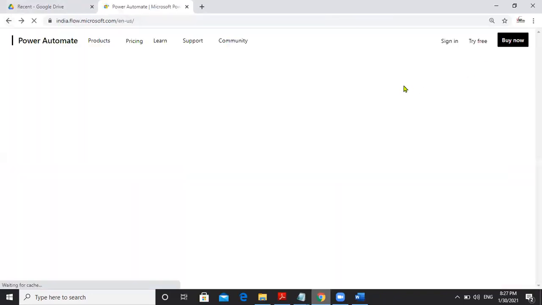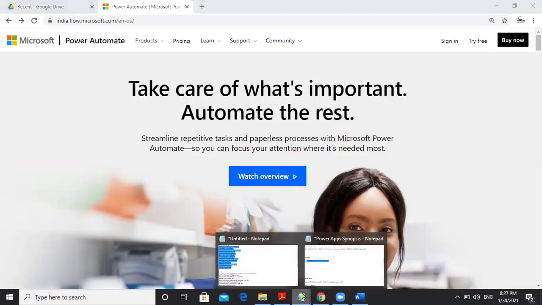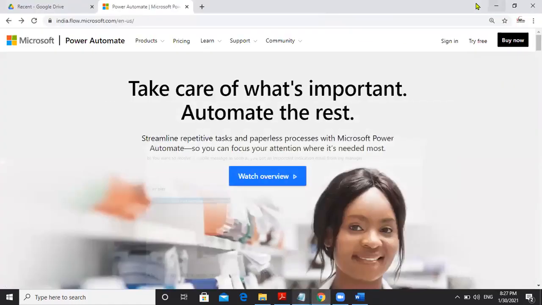Try to register. It's asking now. Okay, try free. But for the time being you can use my account details. Yeah, login, sir. Oh, you are already logged in parallelly. Wonderful.